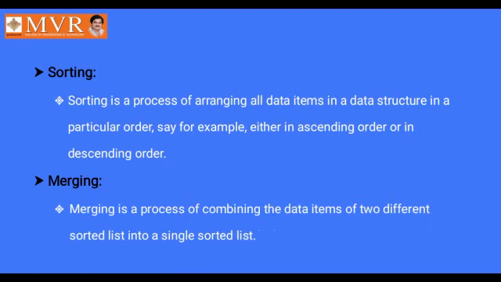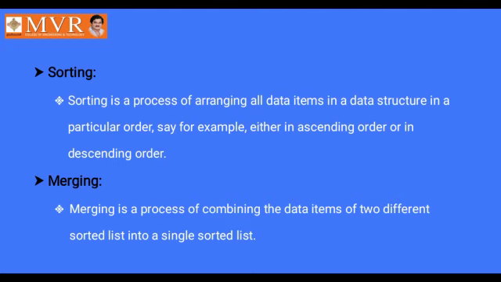Now coming to sorting. Sorting is a process of arranging all the elements in a particular order, that is ascending order or descending order. We have different sorting algorithms for this. Some of the sorting algorithms will be discussed in the next sessions, that is bubble sort, quick sort, merge sort. These are different sorting techniques. These can be used to sort the elements in a stack or queue or any other data structures.